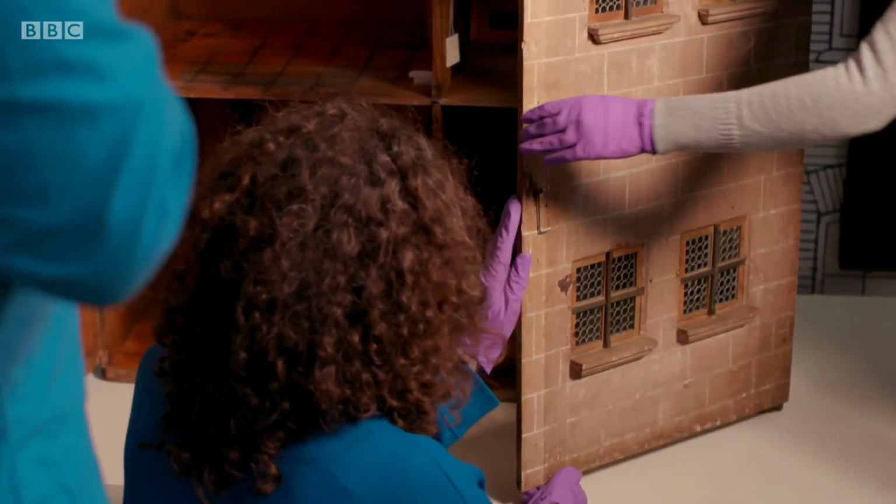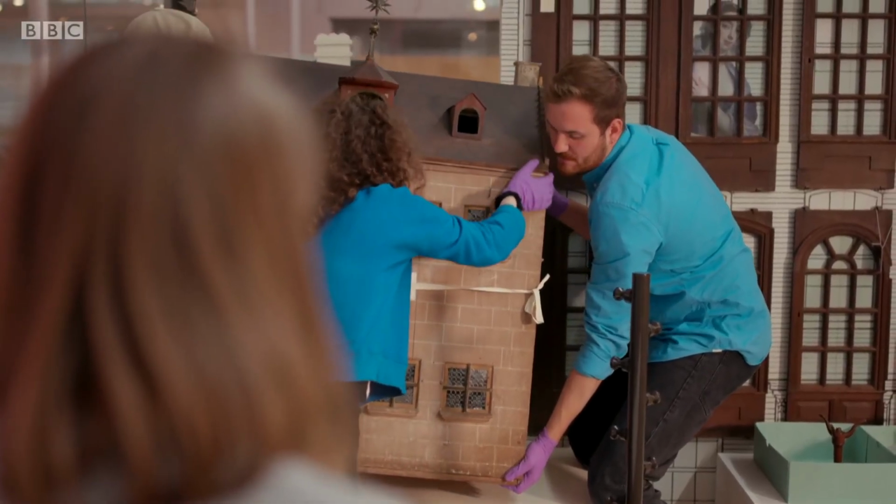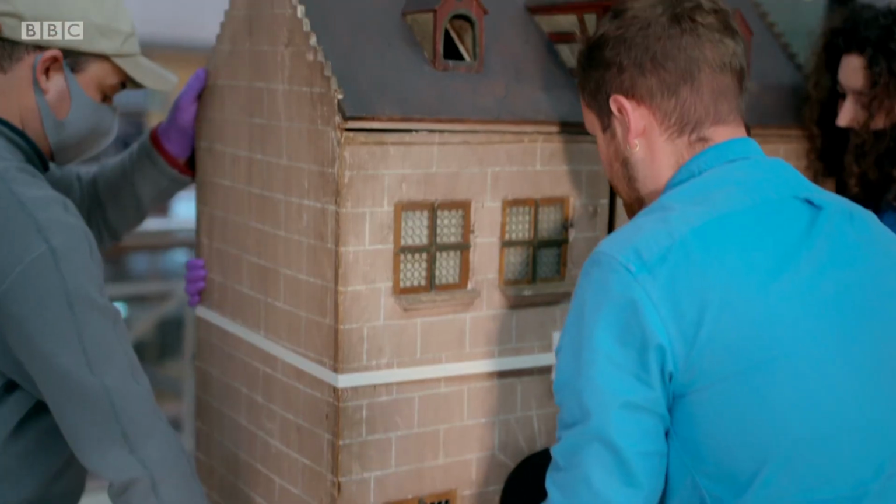You got it? Yeah. Okay. Do you mind putting it down at the front, just so I can... Getting it from the case into the crate,